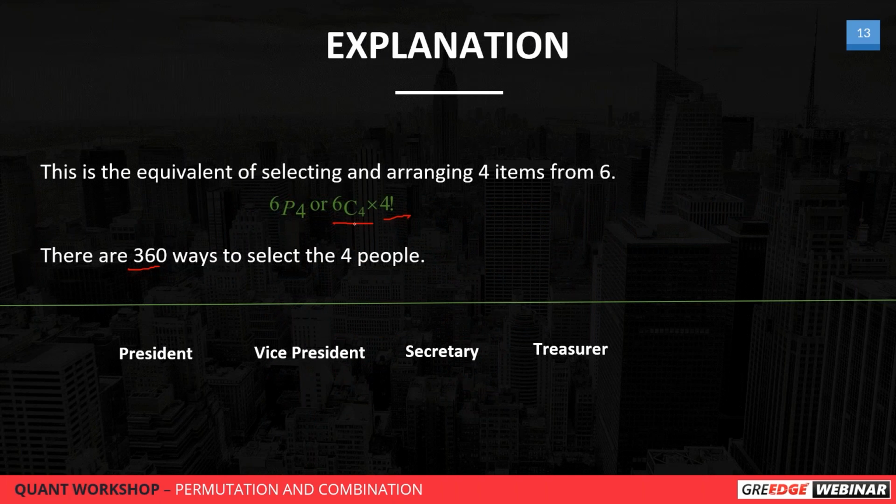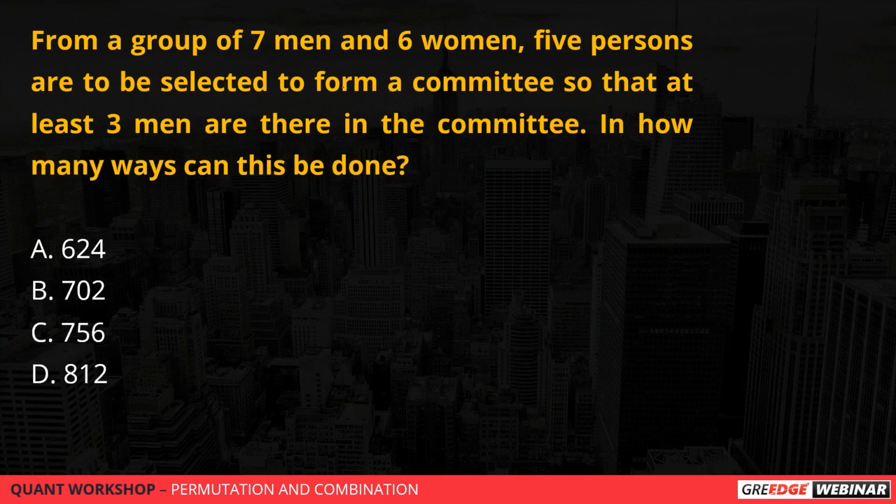So here we are selecting the 4 people and then we can give a possible arrangement for the 4 positions. Sure, you can directly ask that. Yeah. So the team size is 5 persons to be selected. Totally it should be only 5 people. 5 is the total and it will be a men and women combination. And how many men are there? There are 7. And how many women? There are 6.